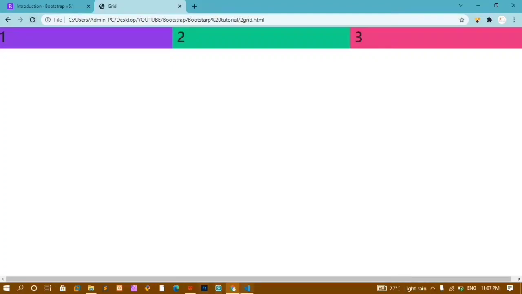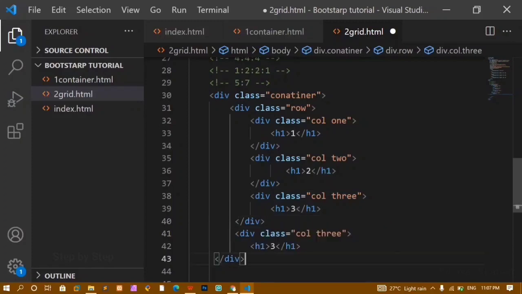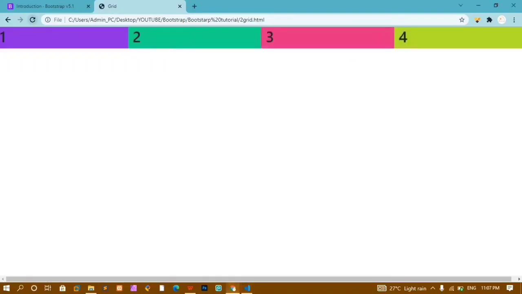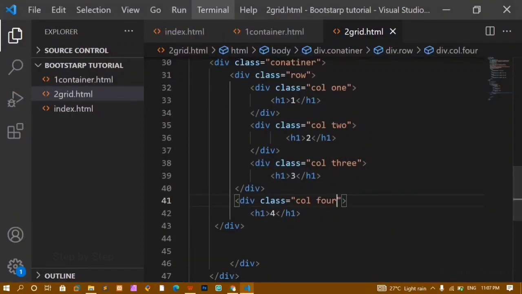Now totally I am having 3 containers, because this column is going 3 times, so it is going to take 100 divided by 3. Again I'll copy this one, and here I'm going to paste. I'll just change the content to 4, and here I'll just write here 4. I'll save this. I'll refresh this one. Now you can see totally I'm having 4 containers, because it is going to take 100 divided by 4,